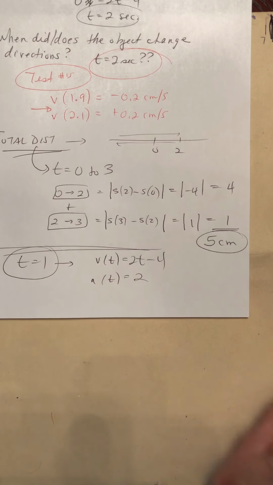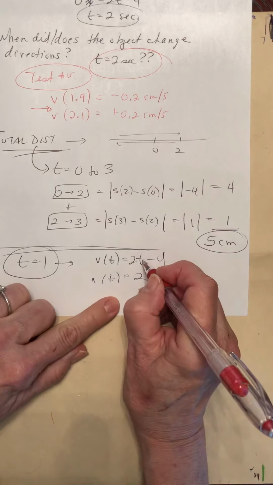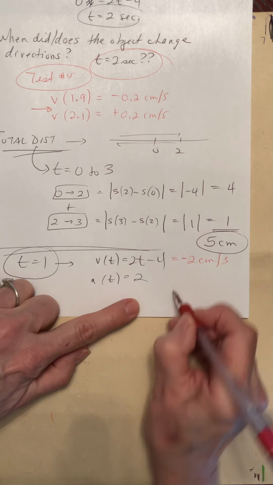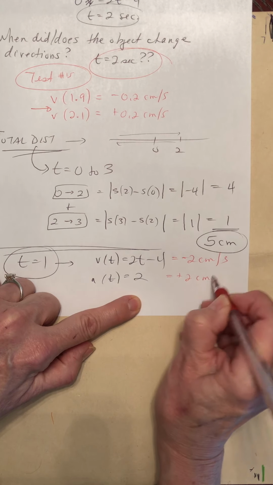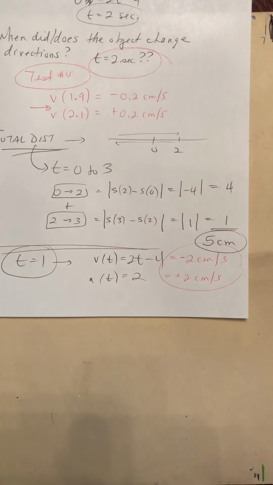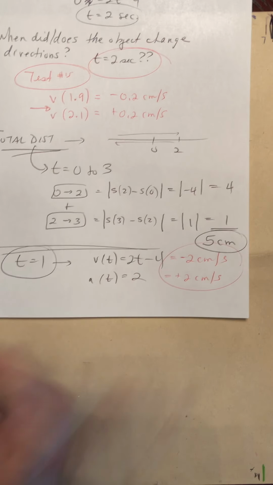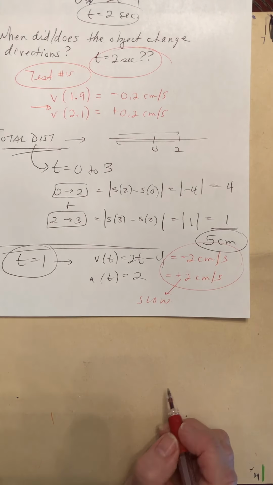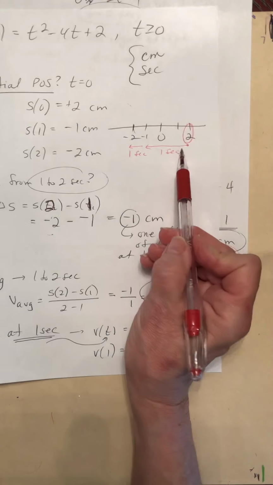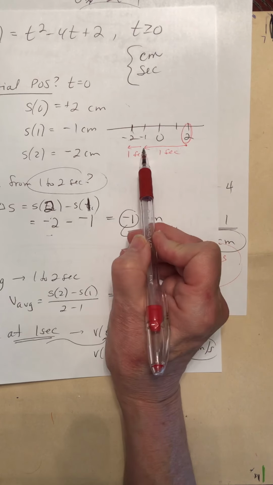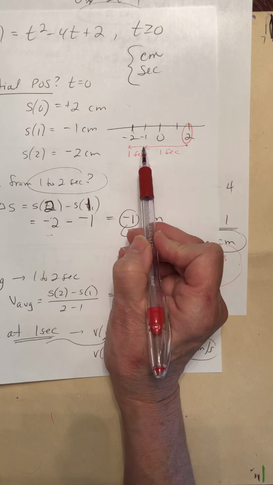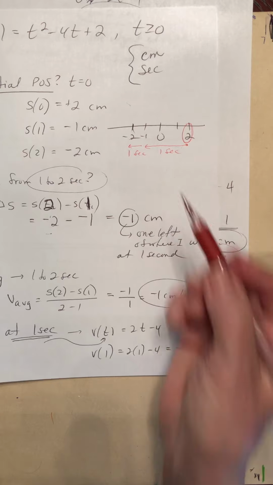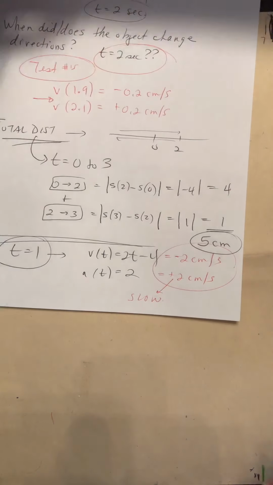So at 1, what was happening? If I put a 1 in here, I will get negative 2 centimeters per second. This is positive 2 centimeters per second. Well, they're in opposite directions. The push and the motion are opposite. So at 1 second, I'm slowing down. And we saw that, right? Here in 1 second, look how far you traveled, or the object traveled. In 1 more second, it went a much smaller distance because it was slowing down. Okay,